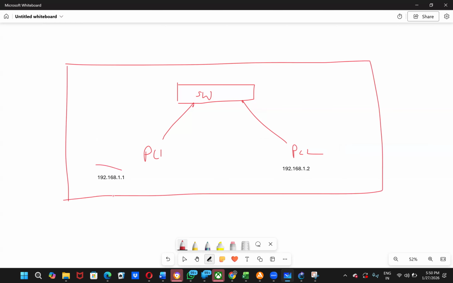Because the two different things are there, 1.1 and 1.2, you are pinging in your same network, and your PC knows about it because your PC knows subnetting. Remember this. Whenever you run the ping command on your command prompt,